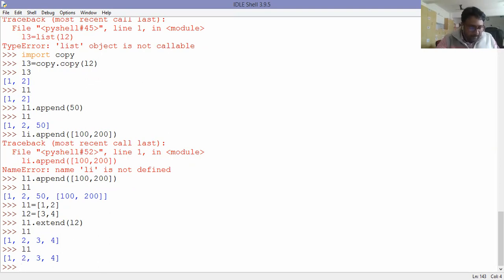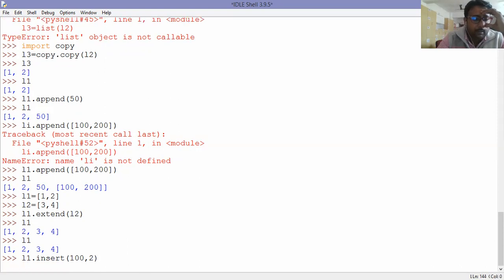There is a method known as insert. So I will use L1 dot insert the element 100 at the position I want. Second position means I think it will take the index number, so the second index will be in between 2 and 3 only, right? Yes, sir.